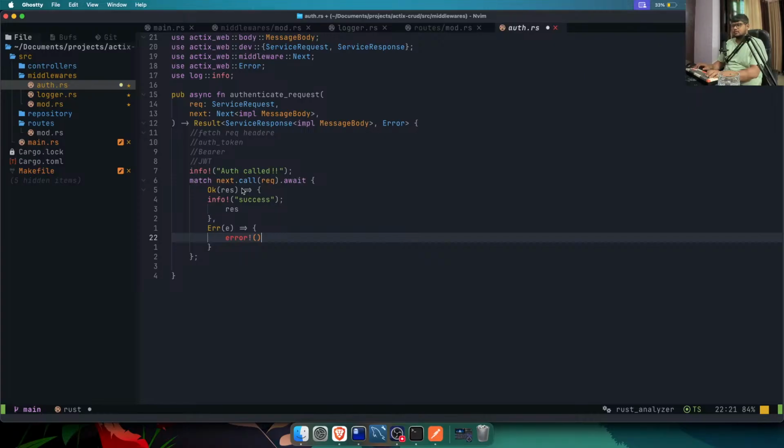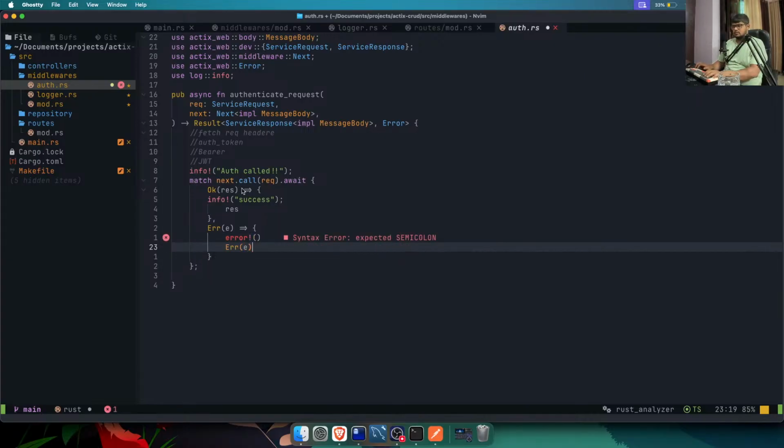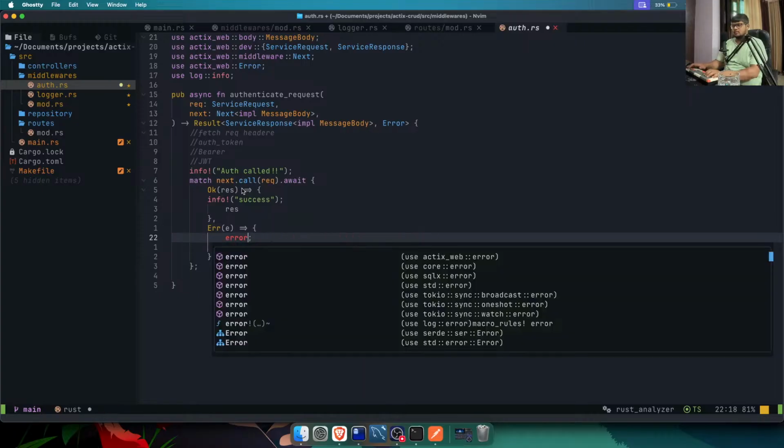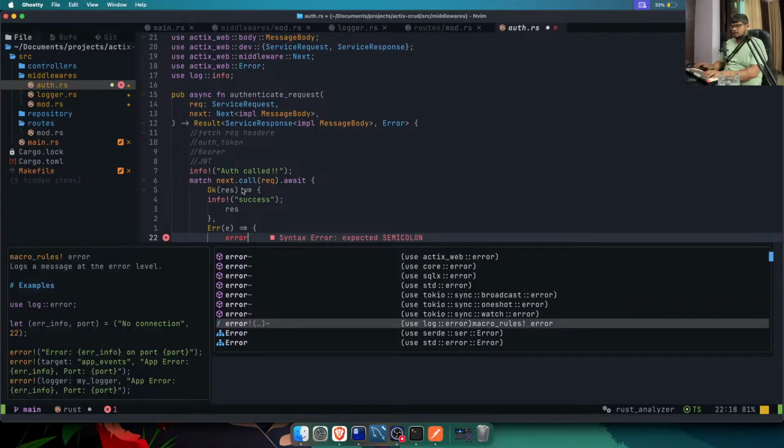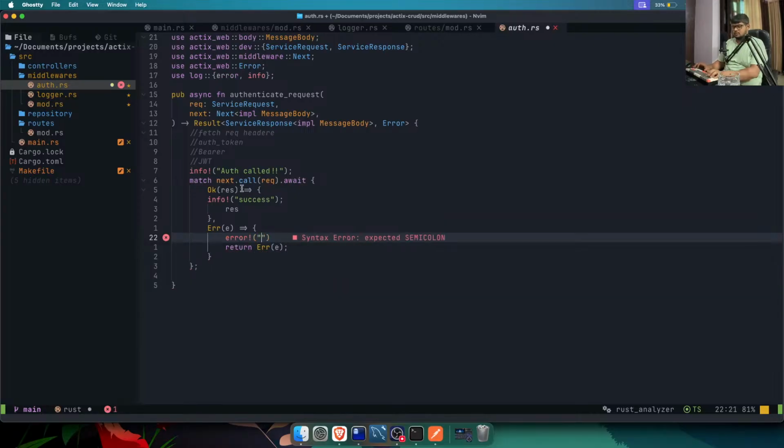And I can just return this thing from here. Why is the error macro not working? We don't have any error macro, right? So we'll say error occurred, and here is the error, right? So now you will see auth co